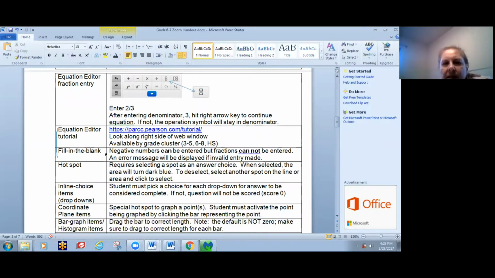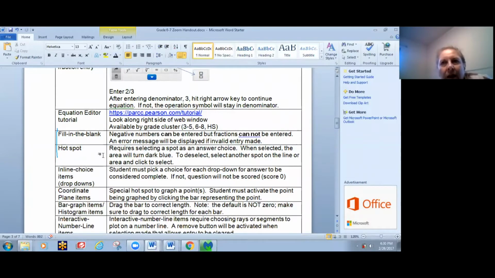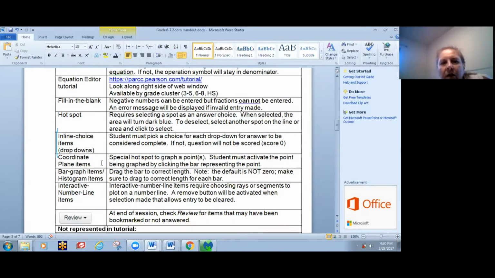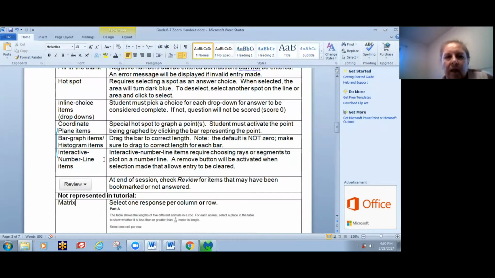A feature of fill in the blank is that negative numbers can be entered, but you cannot enter a fraction into the fill in the blank space. If you do enter a fraction or something that's not allowed, there will be an error message that tells the kids what they can and can't do. A hotspot will happen when there's a blank grid or a blank number line. They won't know that they can activate something. The drop-down menus, we talked about coordinates, plain items. Usually if it's multiple points, there'll be multiple colors. The bar graph and histogram, interactive number line is they can stretch to plot a less than or equal to,